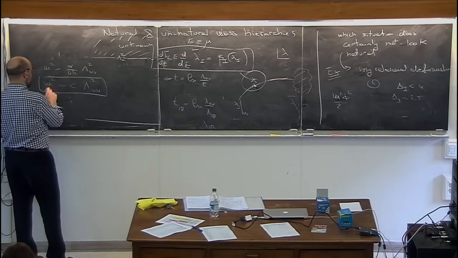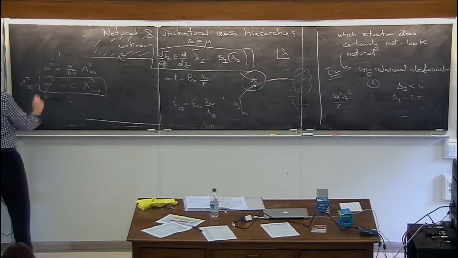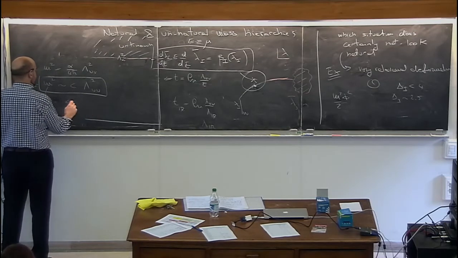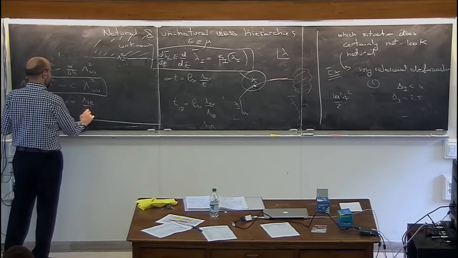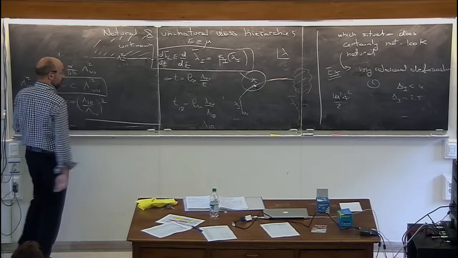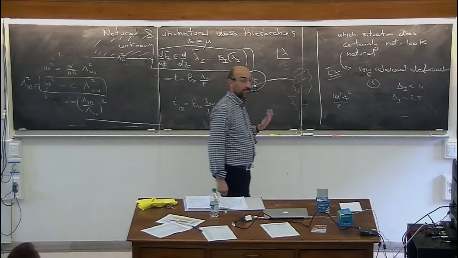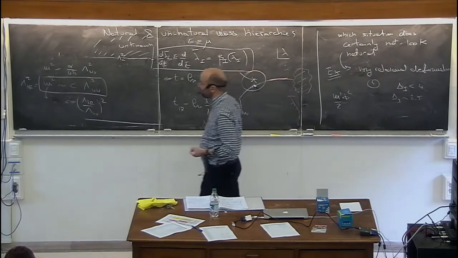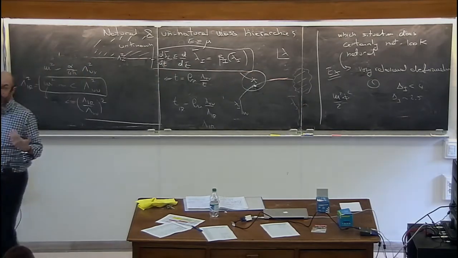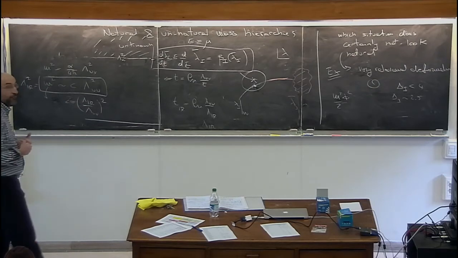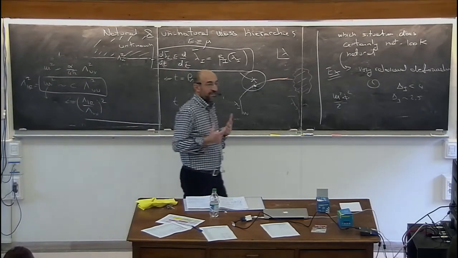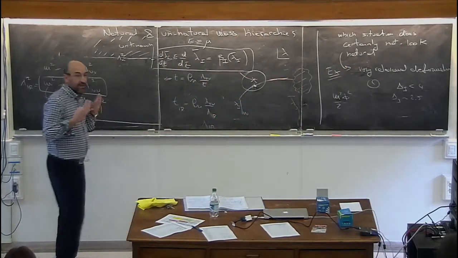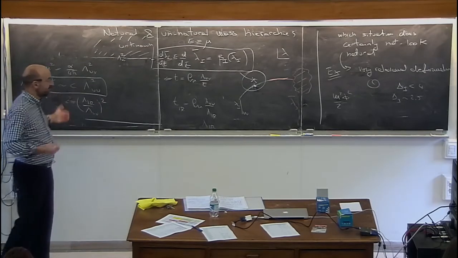In this situation, you want this to be your lambda IR, and it's clear that to get a hierarchy of a certain size, the dimensionless coefficient should really carry all the weight of these hierarchies. If the hierarchy is 20 orders of magnitude, the coefficient will be suppressed by 40 orders of magnitude. So all the hierarchy is coming from having a small coefficient. Now the question is understanding why. The only way to understand a coefficient of that size would be to have some selection rule that tells you the coefficient is small under a symmetry. If there isn't any strong symmetry protecting it, then this is what you would have.